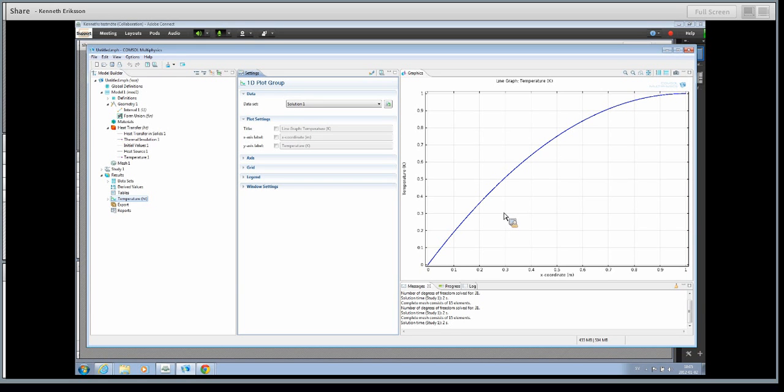You see that at x equals 0, the temperature is 0. And you see that at x equals 1, the derivative is 0. That is, we have no heat flux over here. You also see that the curve bends up a little bit, which reflects that we have production of heat inside this domain here. So this is as far as